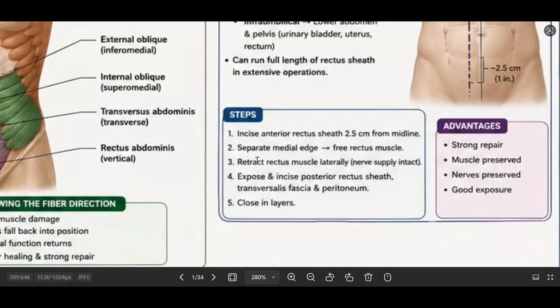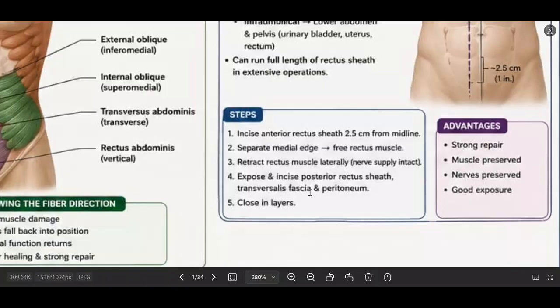Okay. Then the next step will be exposing the posterior rectus sheath. Then we will incise the posterior sheath, transversalis fascia, and peritoneum. As a result, the abdominal cavity will be opened, and after performing all the changes or amendments we need to perform on the organs, we will close the wound